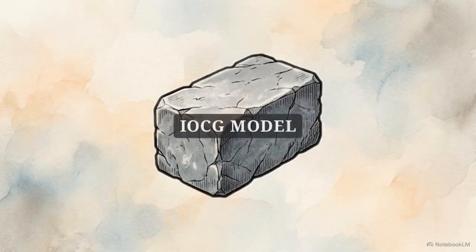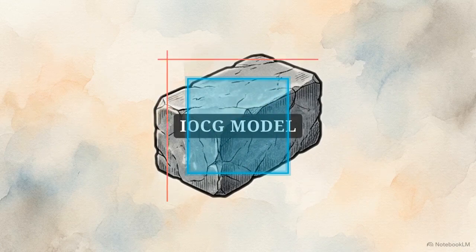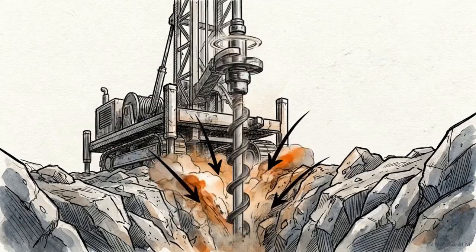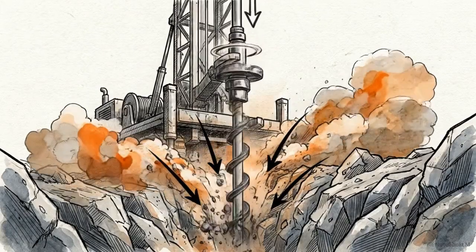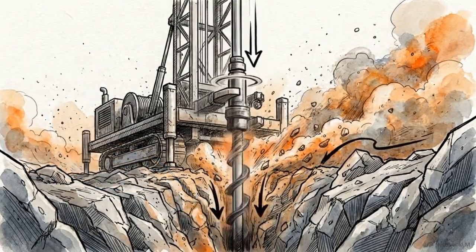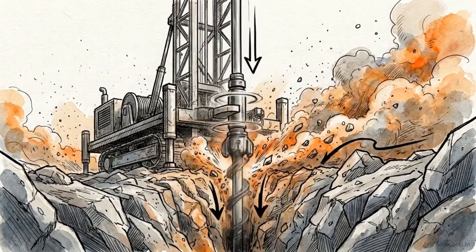A primary reason for this failure is an industry-wide tendency to treat the IOCG classification as a single, static geological model. When geologists apply a one-size-fits-all approach to targeting, they end up mobilizing highly funded drill campaigns based on isolated copper anomalies. The result is millions of dollars spent drilling barren rock because the underlying vectors were misaligned with the